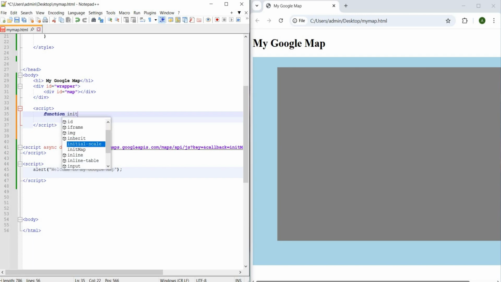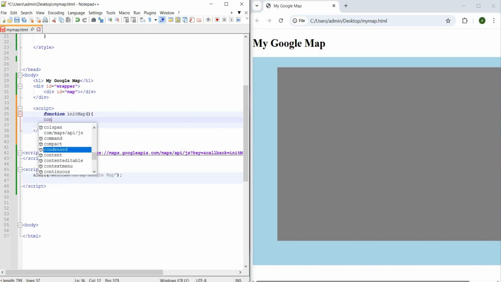So, initMap. Constant coordinates. Coordinates is the position of our map in our website.